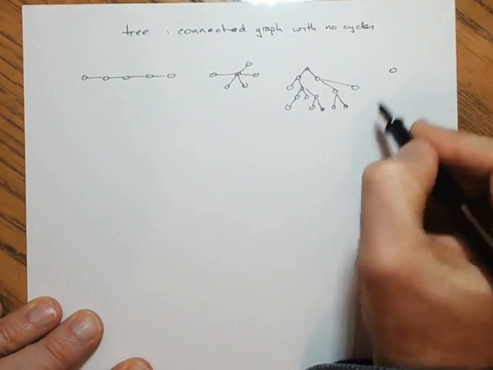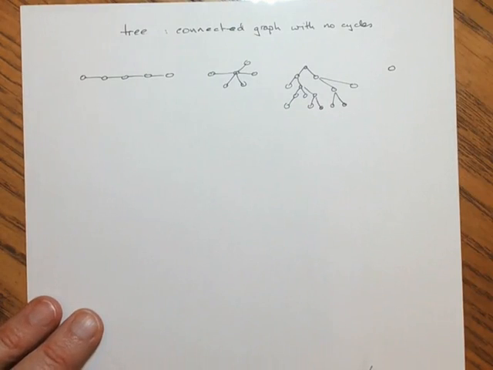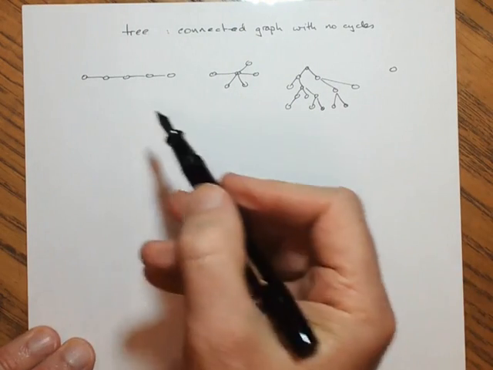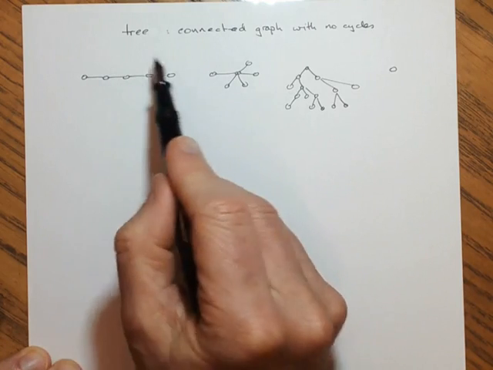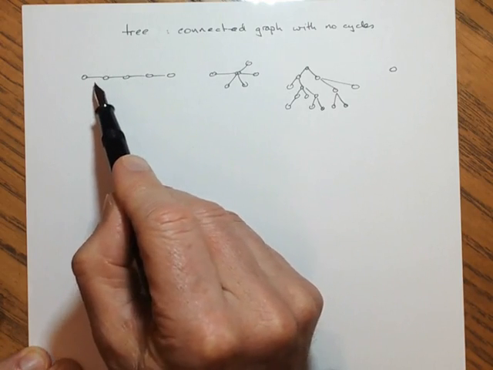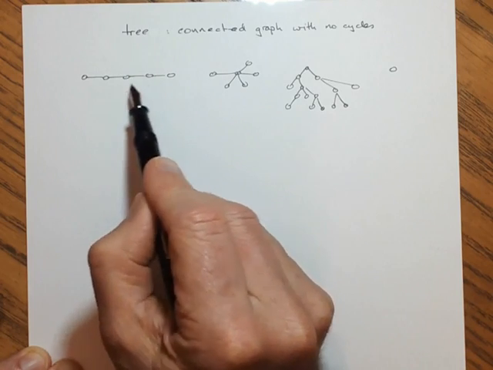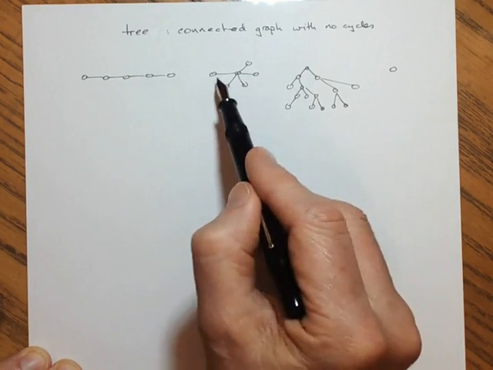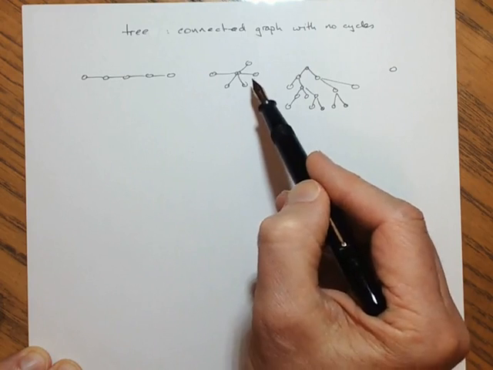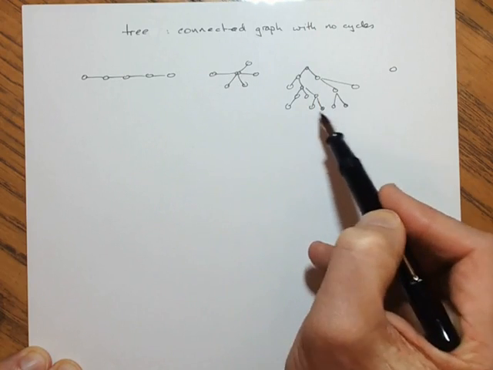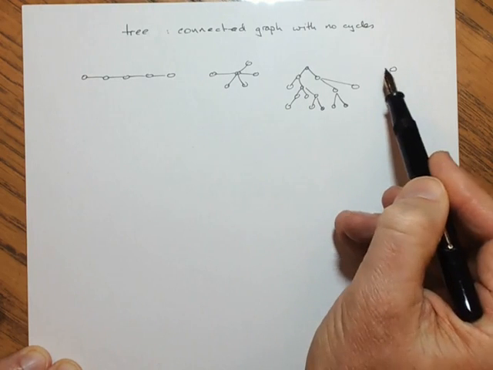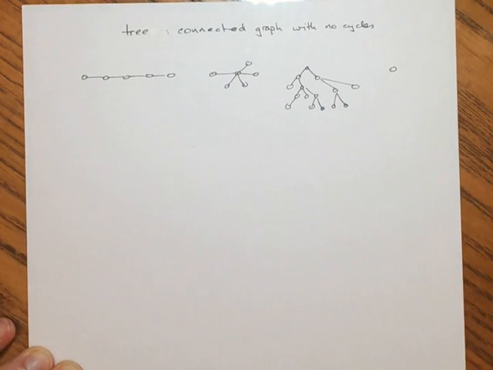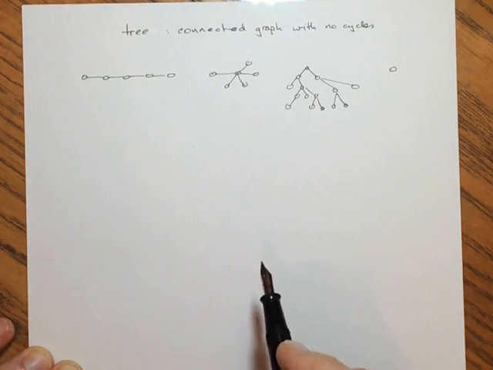A very small tree, just a vertex by itself. So all of these, if you think about them, that's connected. It's all in one piece, and obviously you can see that there are no cycles in it. Again, one piece, and again, no cycles. One piece, no cycles. In fact, there are no edges at all. If we go a little bit further,